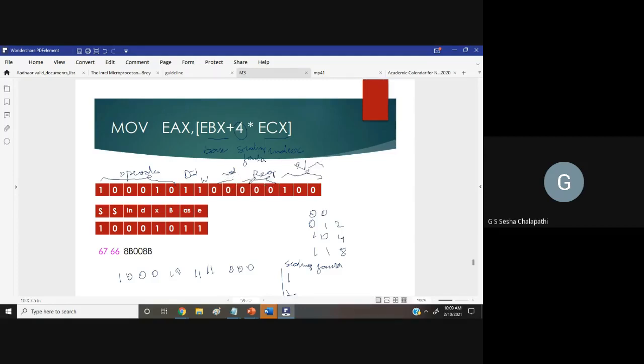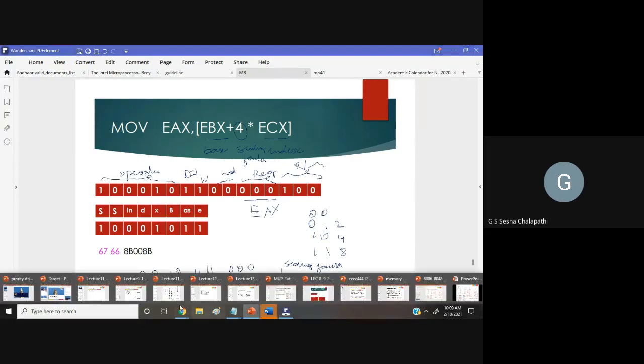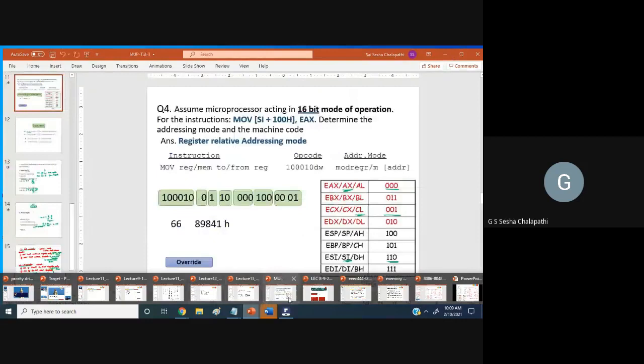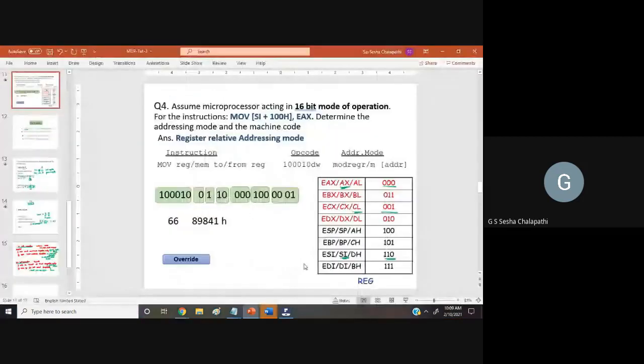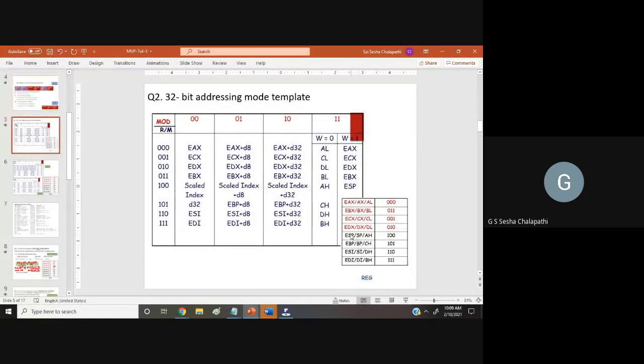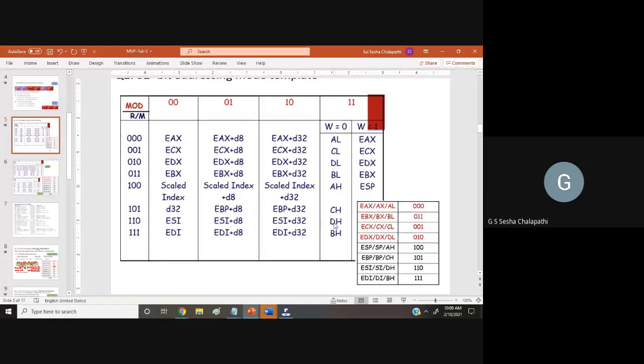First, let us talk about the reg. We know that if the destination is EAX, the reg field will be 000, right? So this is for EAX. Now for the mod and r by m field, we will be looking at the 32-bit addressing template, which we have seen even in the tutorial.